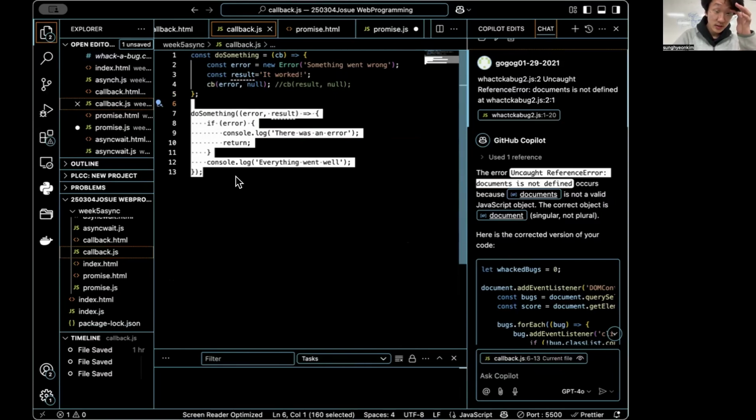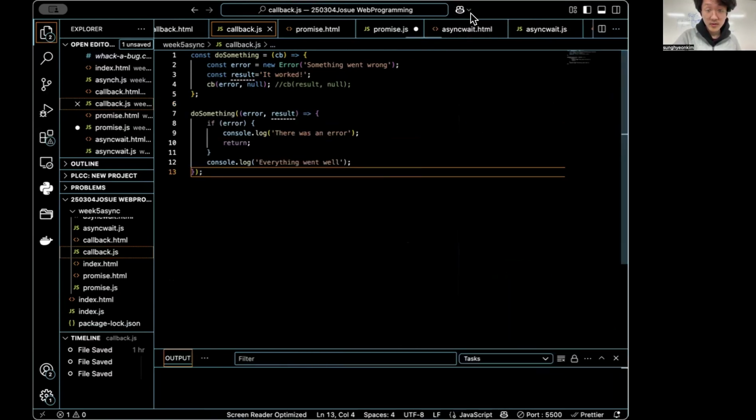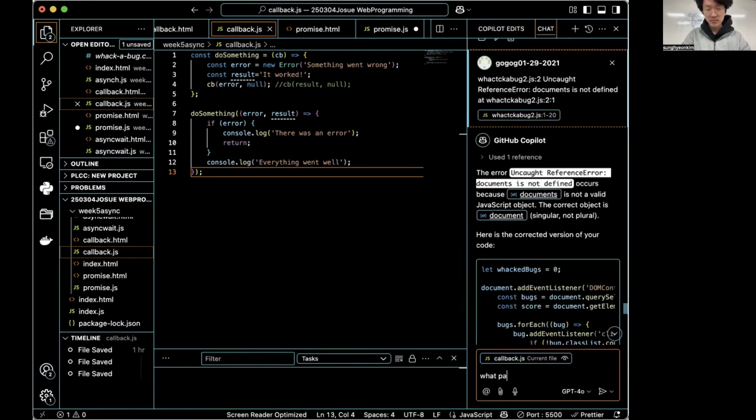I'm confused about what part is the defining part and what part is the calling part.